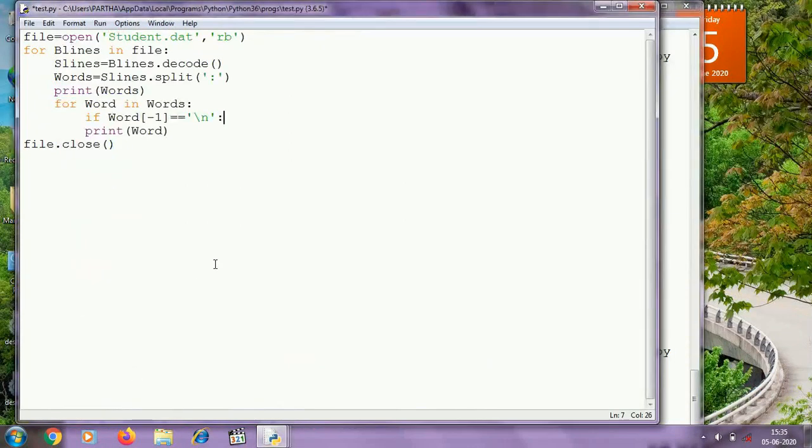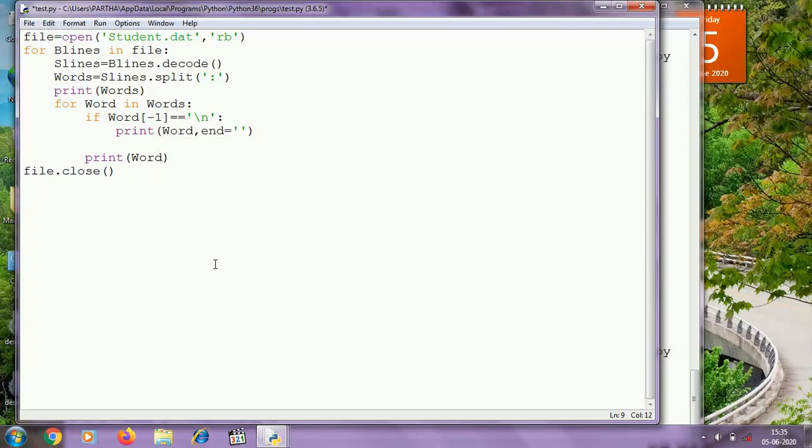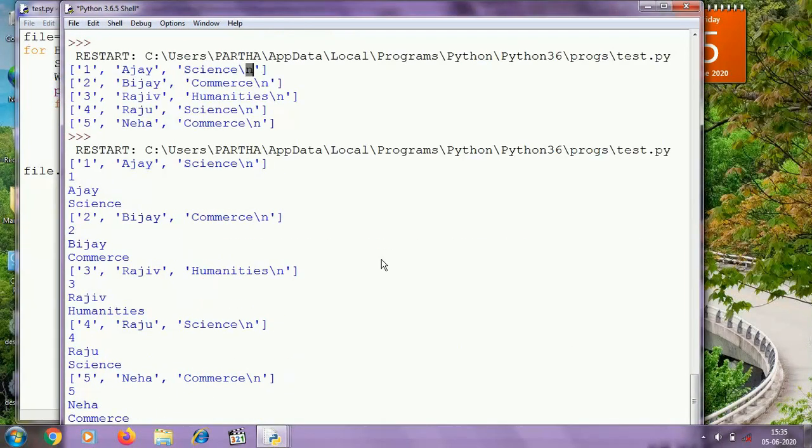If it is \n, then I have to print the word using end equal to quotes. Otherwise I can print it normally. So it is working properly.